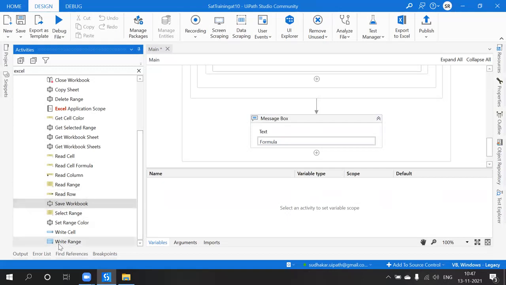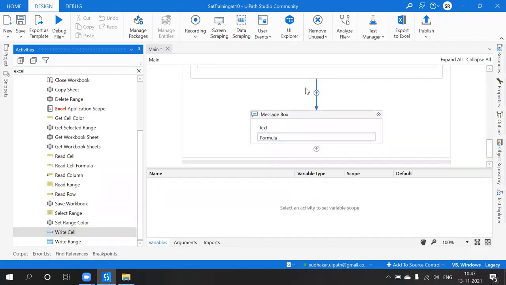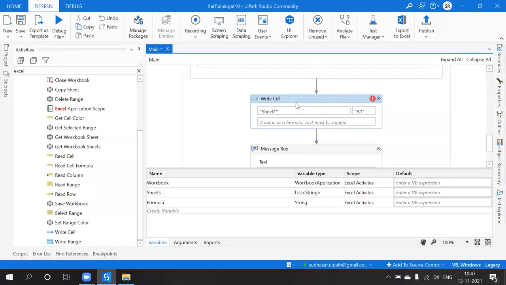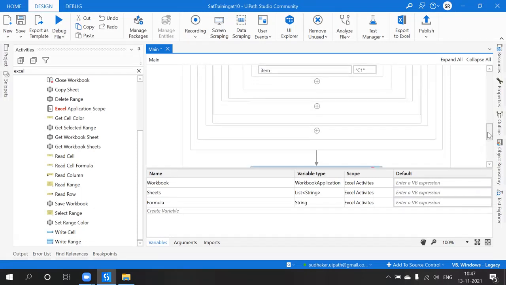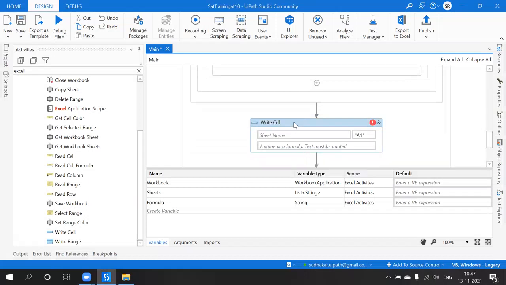Close workbook, write cell. So what is the write cell? For example, if I want to write some data into the Excel, so here, after reading the cell I would like to write something. So what I do,